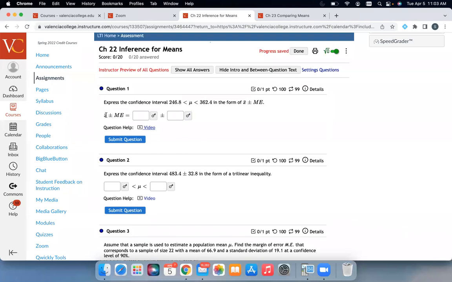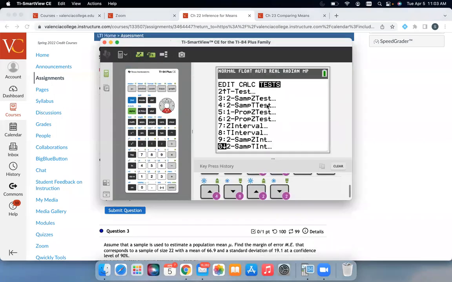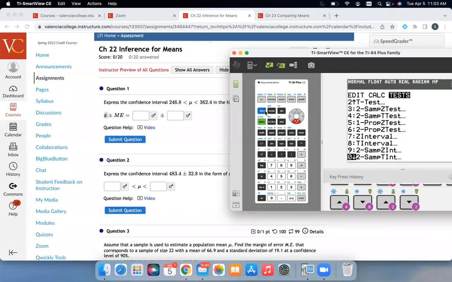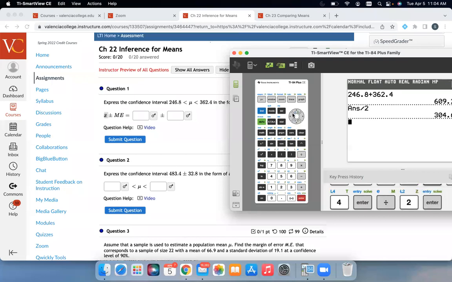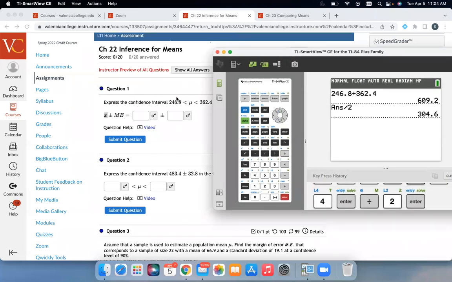So to find that guy, we're looking for the number right in the middle of these two. We could add those two numbers together and divide by 2. That's how you find the midpoint. So is that 362.4? Oops. Add them together, then divide by 2. So 304.6